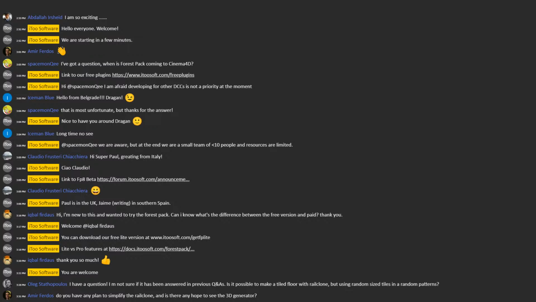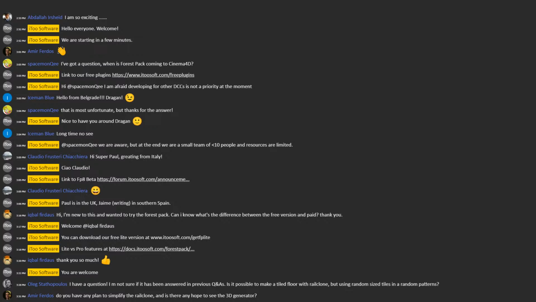Yeah, not in the way you've described it, because RailClone is entirely array based. So all the segments butt up against the ones above and below, and the rows are stacked on top of the rows below. So if something was entirely randomly based, the segments wouldn't all jigsaw together all nicely.